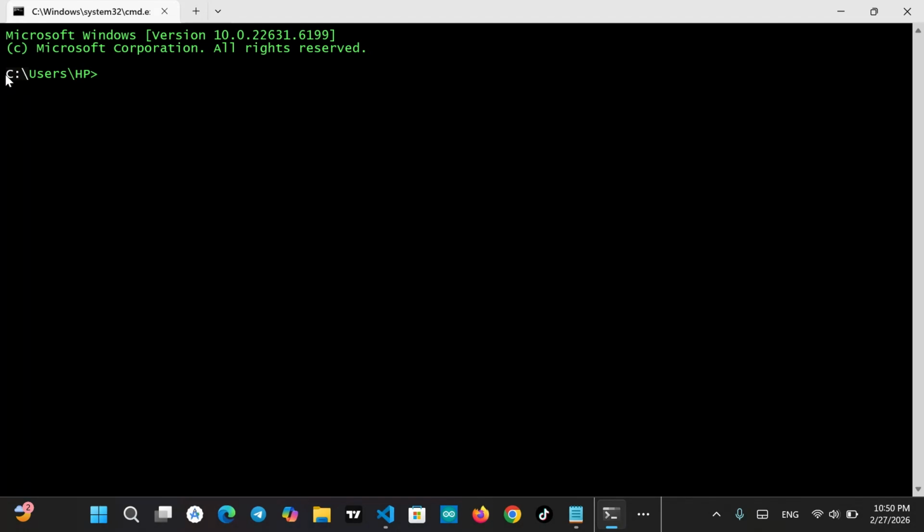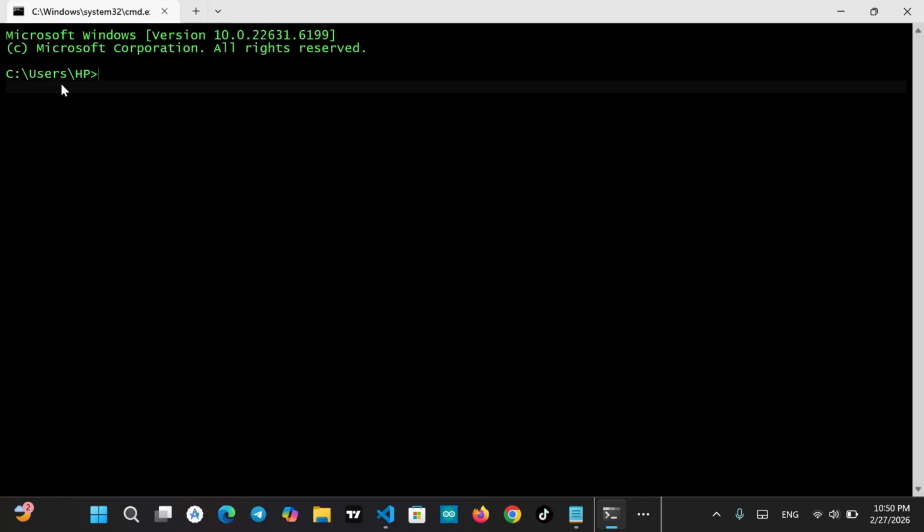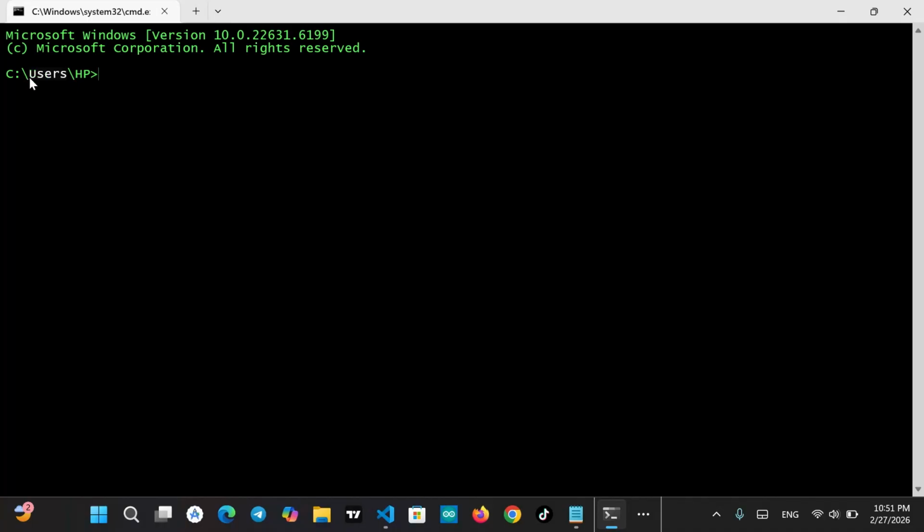C means local disk C, and Users is a folder. How to know? Always look at the place before this greater than sign.